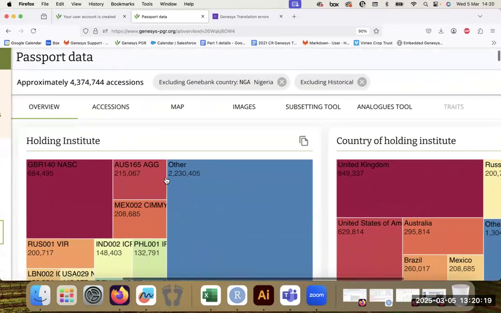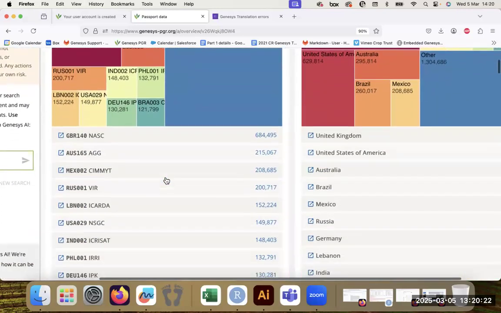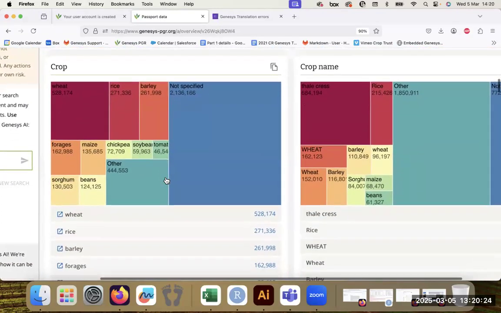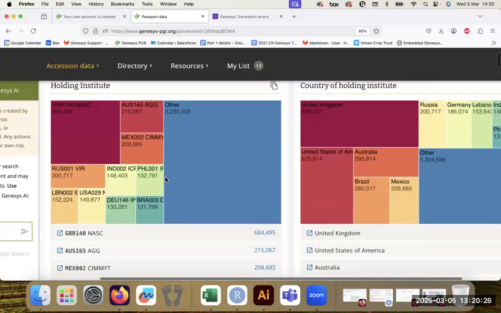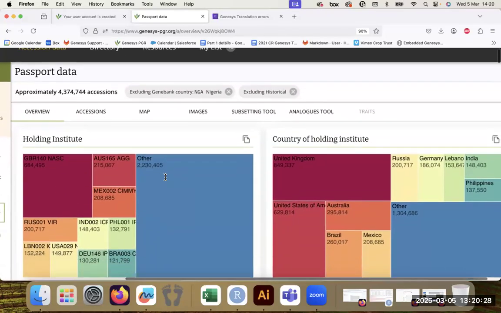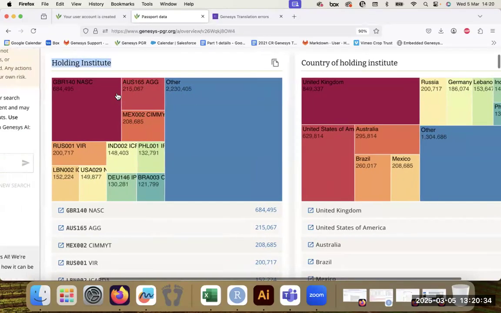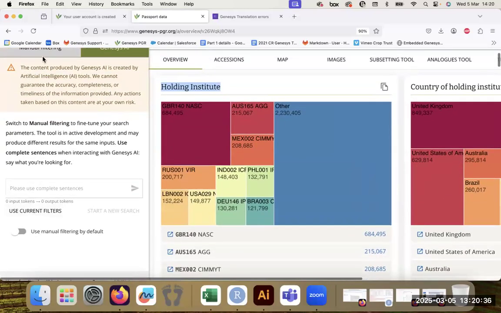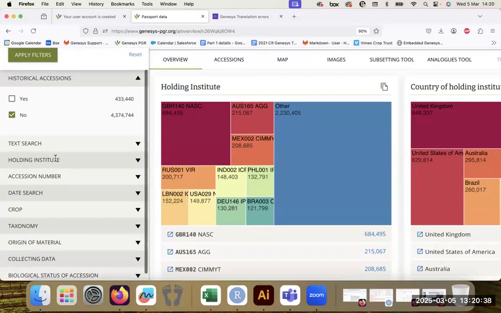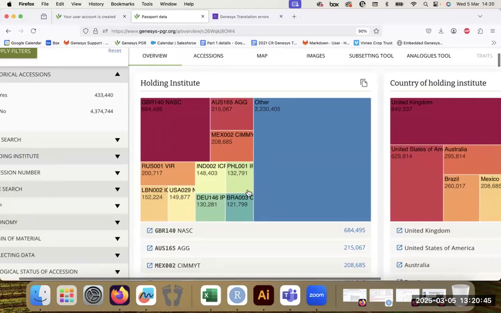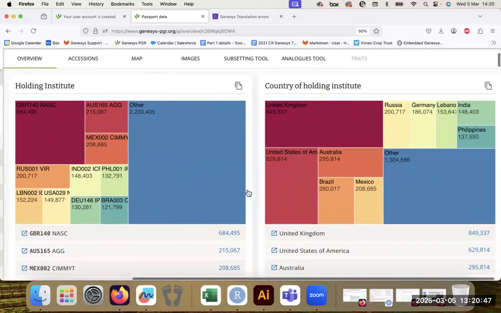And you will see very colorful charts with many different ones. So the way this works is that this is following the order of the filters that you see here on the left side. The holding institute, the crop, the taxonomy, origin of the material. All the results are